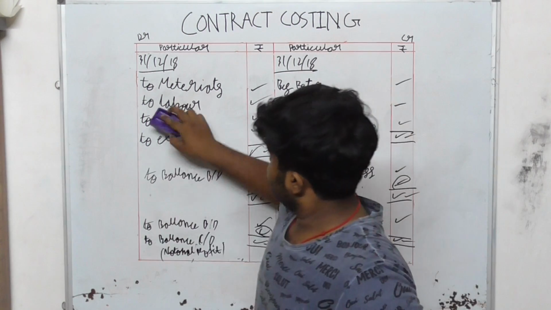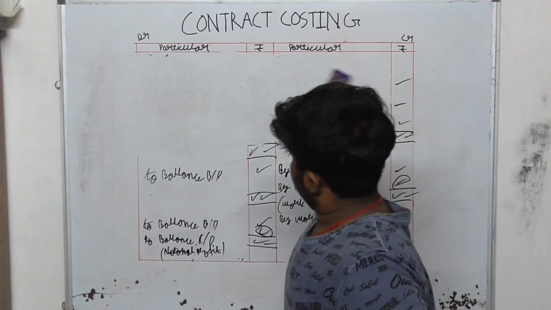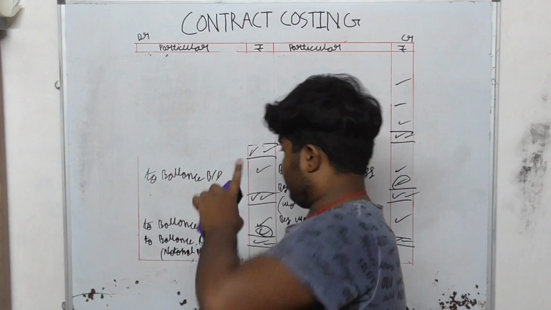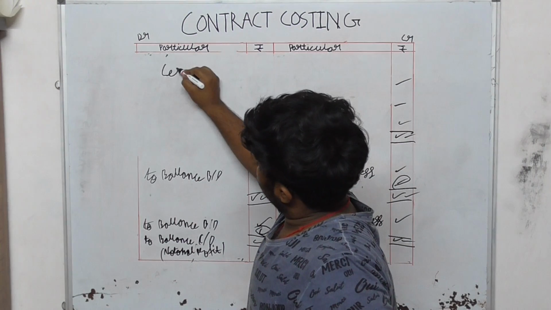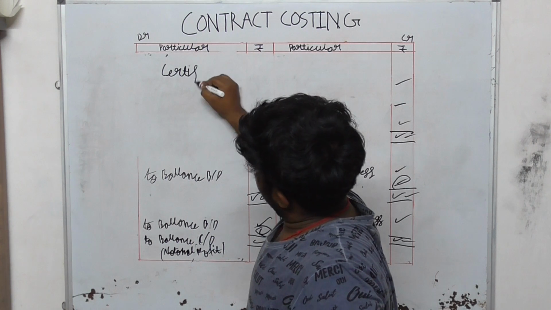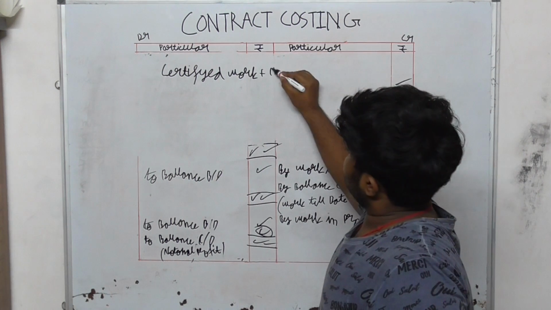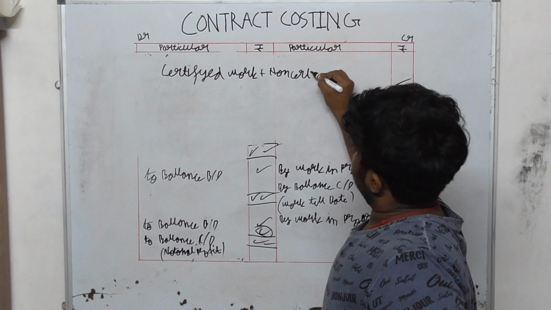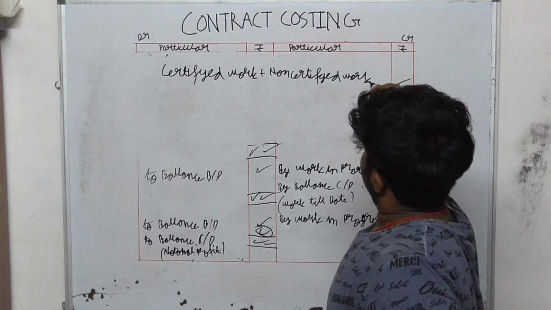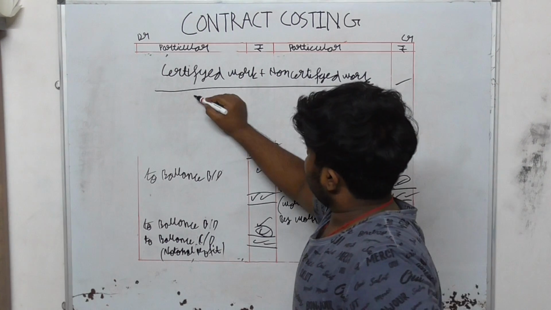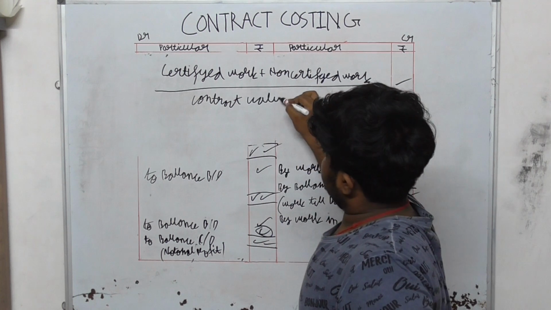Okay, so the profit calculating formula is, where do I note? Idea is this. Okay, the profit calculating formula is certified work plus non-certified work, whole divided by contract value. Okay,